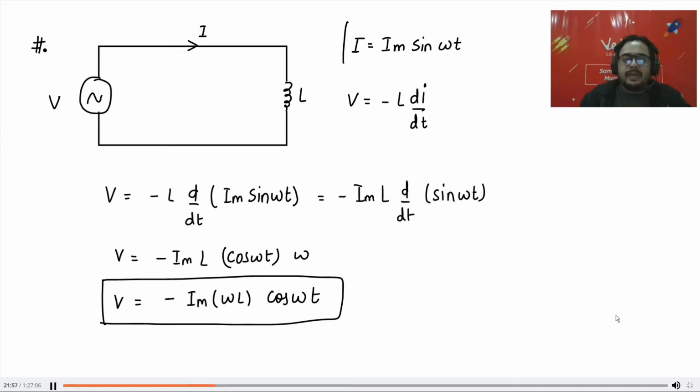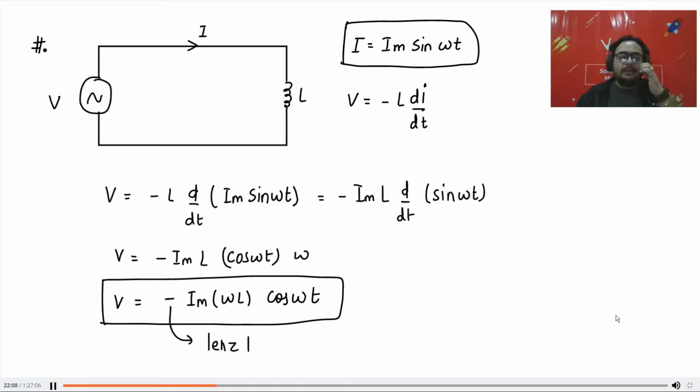So if this is the current in the circuit, this is going to be the voltage in the circuit. Can you all see here? Minus sign is obviously what? Minus sign is trying to tell you about the Lenz law that we already know. It is from the Lenz law. So I think this derivation you will find a bit easier. Am I correct? Some people find difficulty in putting the limits in integration and all that. So you can use this derivation also. Main thing what I am trying to say, yes, that I am coming to. I am coming to all that.